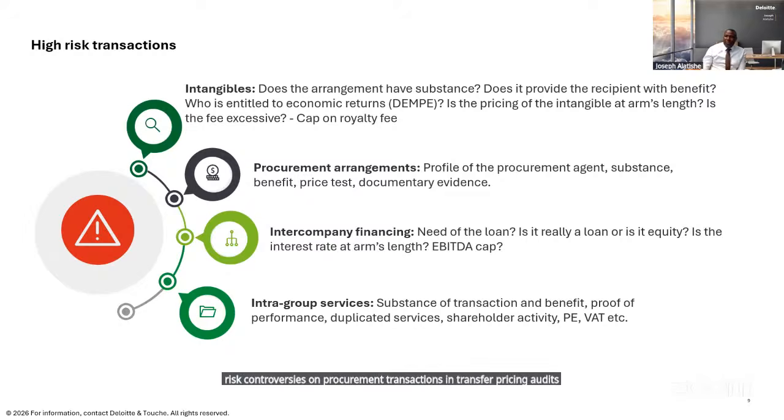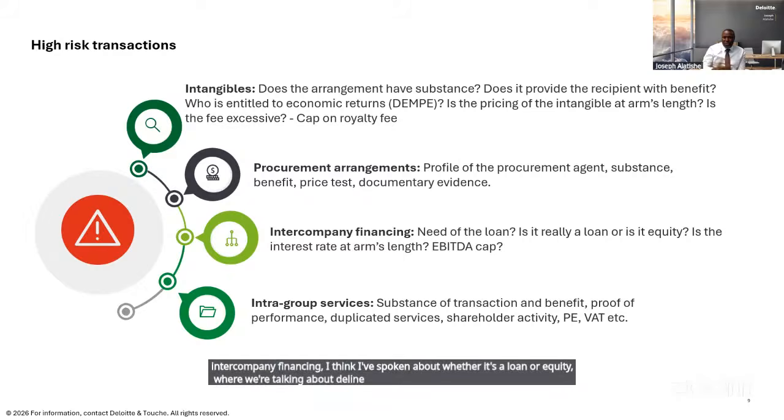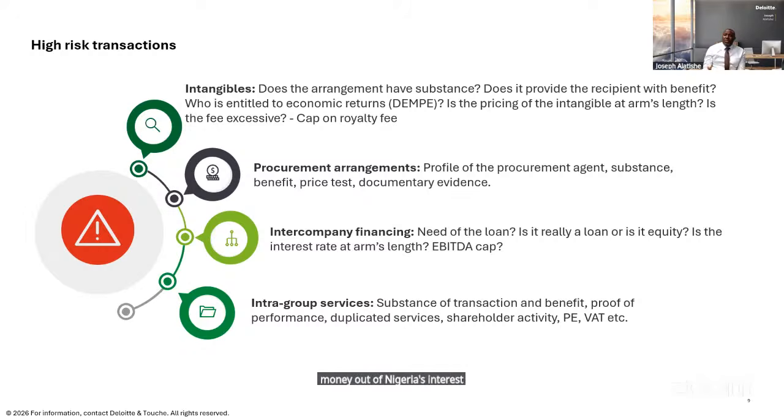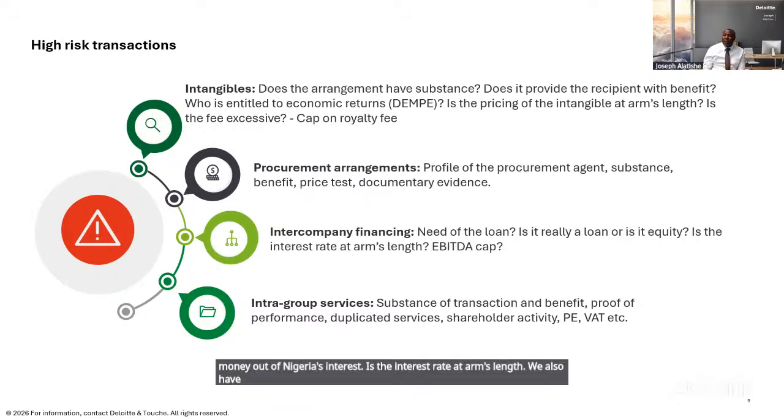Intercompany financing, I think I've spoken about whether it's a loan or equity, where we're talking about delineation of transactions. Other things the tax authority will look at is what's the need of the loan. Is the loan an artificial loan just to move money out of Nigeria's interest? Is the interest rate at arm's length? We also have EBITDA rules in the schedule to CETA, now scheduled to the Nigeria Tax Act, scheduled to the